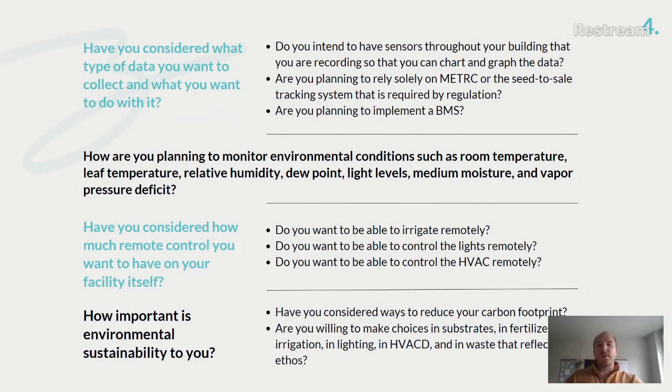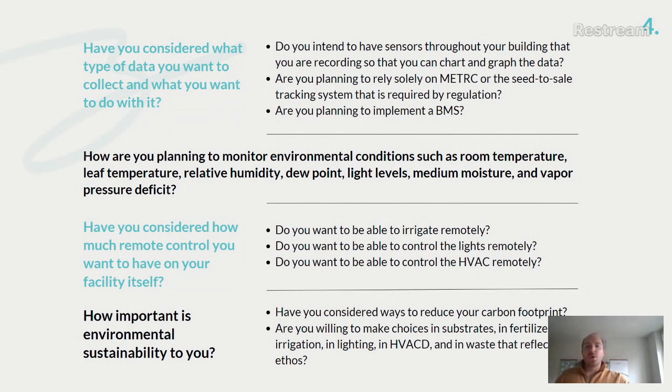But if I can give you just one takeaway from this question, it is overinvest in those sensors at the beginning. More is typically better so long as you have the software that can average the aggregate of them, but also help you determine where there are going to be microclimates in your facility, which you will also want to always be monitoring so that we don't have hot spots or cool spots in one area versus the other. Ultimately, all of these sensors will feed data back to whatever you're using to track that so that you can make a more informed decision from crop to crop on how best to move forward.